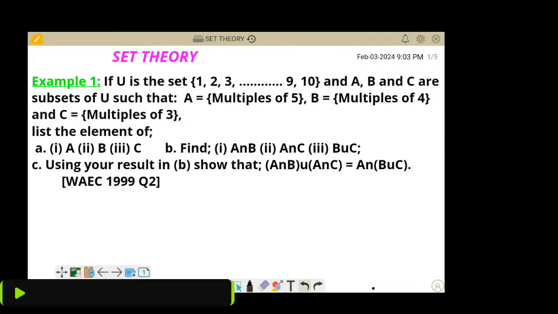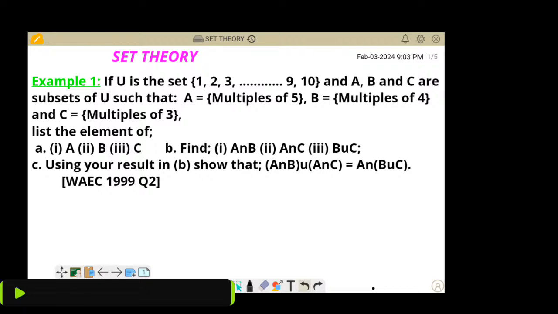This evening we shall be looking at set theory, and first and foremost, as you can see on the screen, we have the topic there already, set theory, and we have the first example. But before going to the first example,